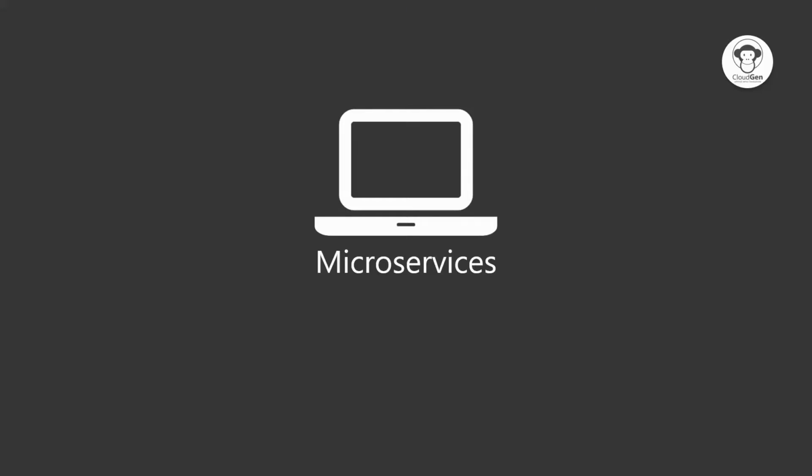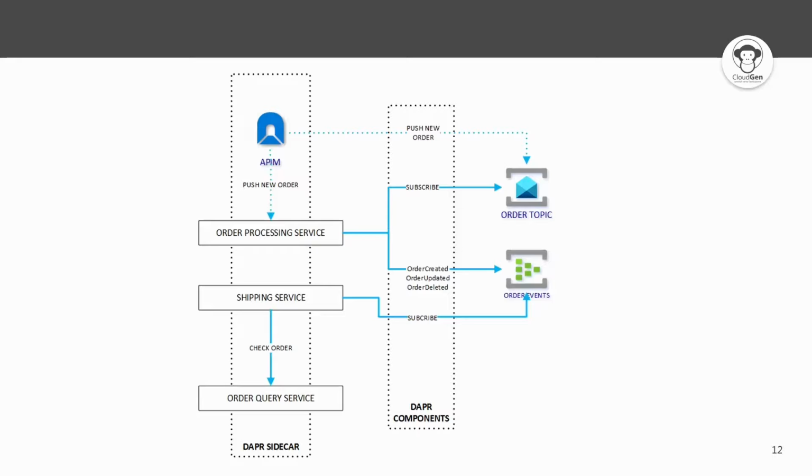Okay, let's have a look at a microservices sample app that I have developed as well. So before diving into the demo, let's have a look at the big picture of that app. Very simple. It's a demo I did for something else as well. But anyway, we have three services: an order processing service, a shipping service, and a query service. They communicate with each other in an asynchronous manner. So today I'm only going to show this scenario.